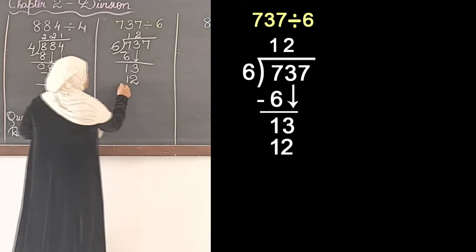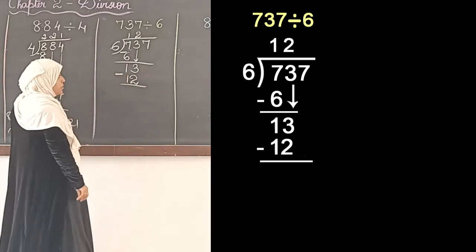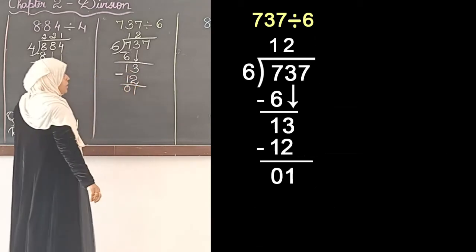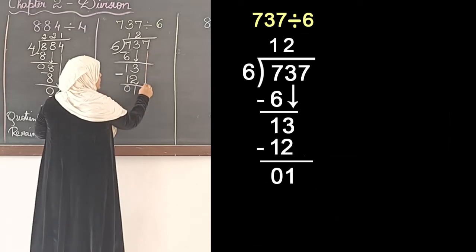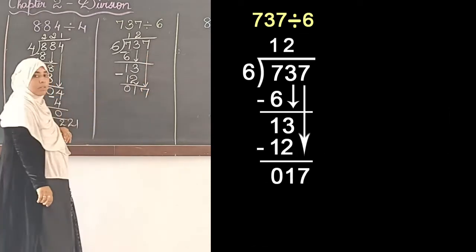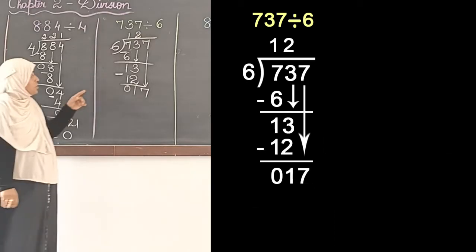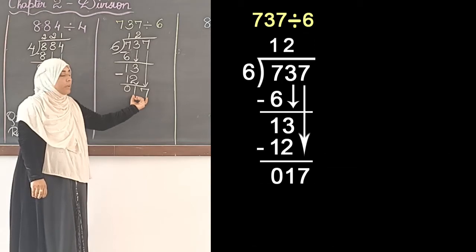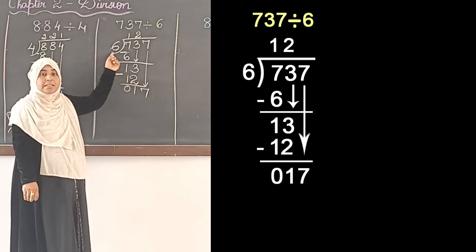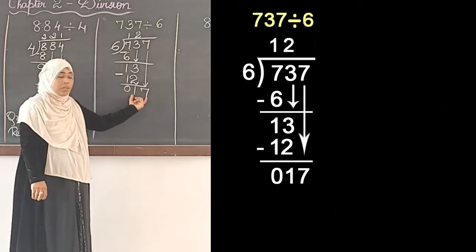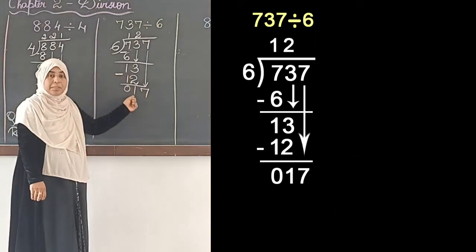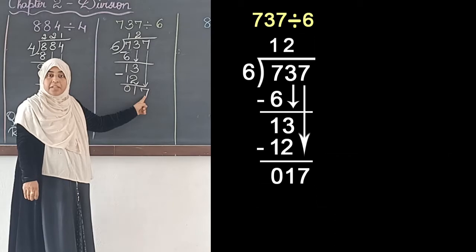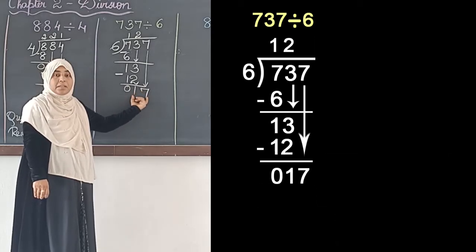Now, we will subtract 13 minus 12. Now, 13 minus 12 will be 3 minus 2 is 1, 1 minus 1 is 0. Now, bring down the third digit, that is 7. Now, we have brought 7 down and the number that we have got over here is 17. Now, we have to divide this 17 with 6. Now, how did we get 17? 1 was the remainder after subtracting 13 and 12 and 7 is the digit that we have brought down, the last digit which we had. So, together they have made the number 17.